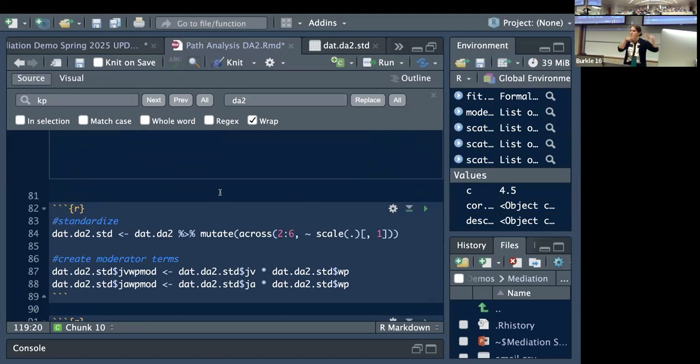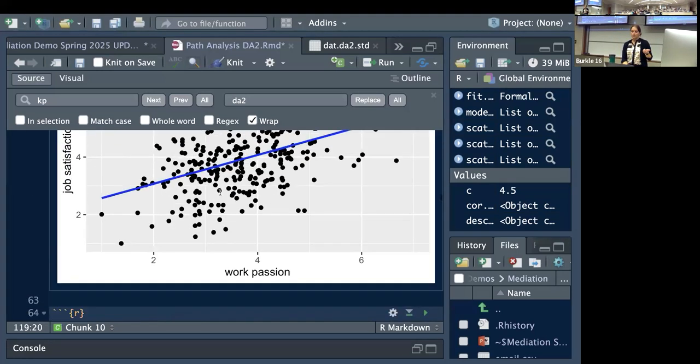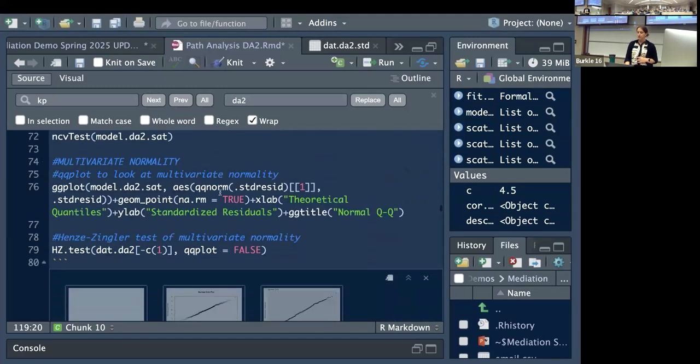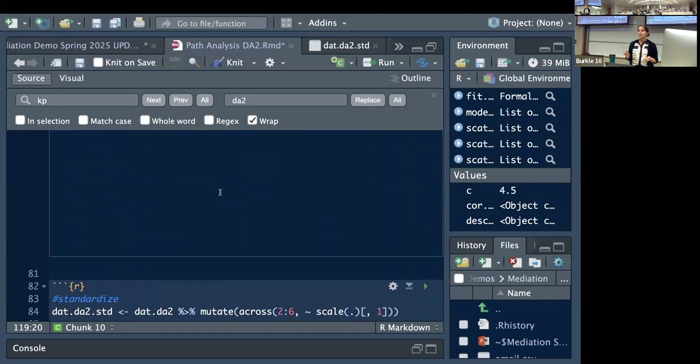Okay, we're skipping... oh, you did stuff, but you're not talking about doing stuff. Because this is kind of regular regression, would you say that you also have to report multicollinearity? Yeah, you should probably check multicollinearity. You could do it with correlations, or you could actually run a collinearity function if you wanted. And it's not because it's like regression, it's because it's the general linear model. So even in a path model, you would do that too.